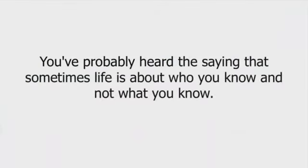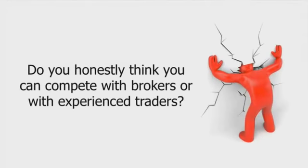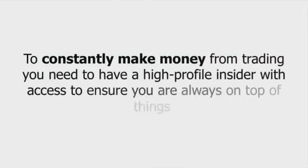You've probably heard the saying that sometimes life is about who you know and not what you know. Well, this is certainly the case when it comes to making money. Do you honestly think that you can compete with brokers or with experienced traders? To constantly make money from trading, you need to have a high-profile insider with access to ensure you're always on